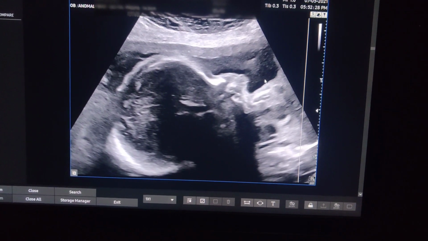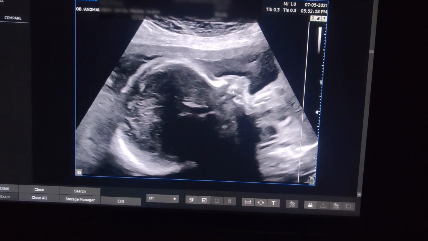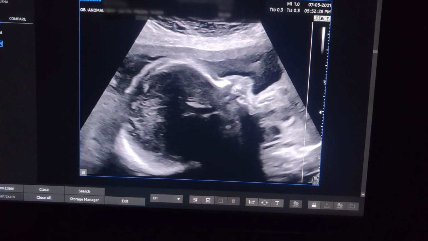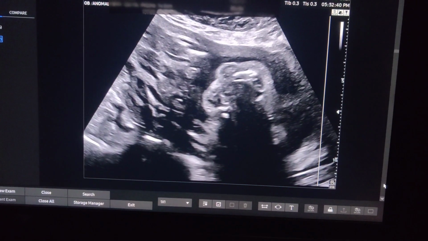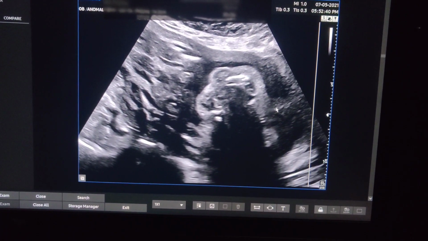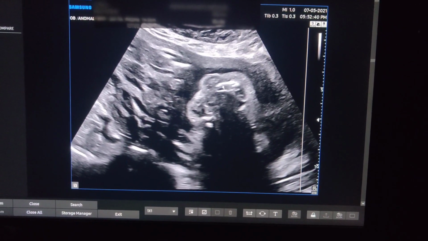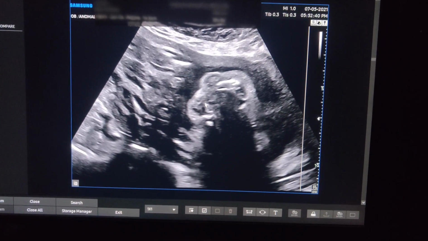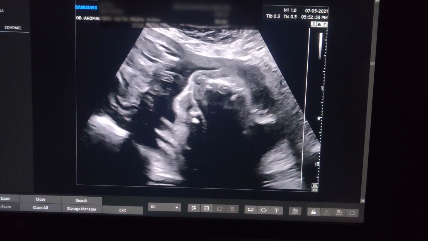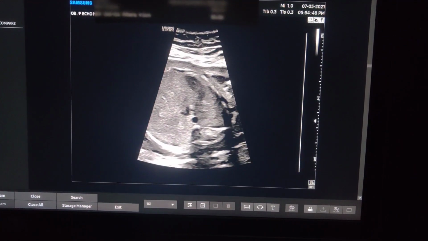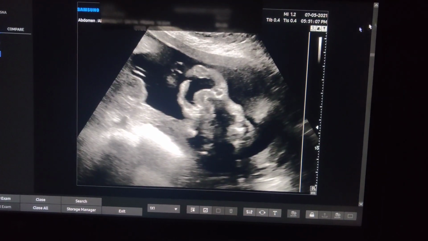So the profile of the face shows a premaxillary soft tissue swelling and inability to demonstrate a proper palate and maxillary line. The axial view shows the left side of the maxilla, and there is loss of continuity with the right side of the maxilla, showing that there is a cleft palate, and also there is a large cleft lip, as you can see here.